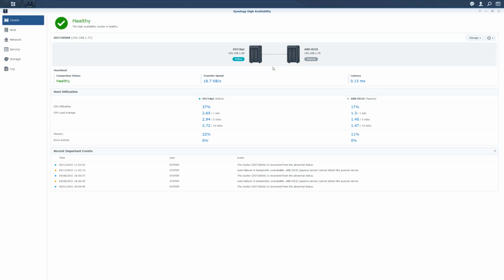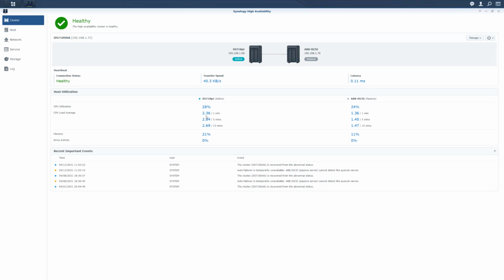Nice. And as you see here, it's available on a wide variety of models. So I have 2 bays that are running this just for the sake of this demo. This is an active passive setup. So I mentioned that before. You can see the relationship here. The one that's active on the left side, you can see, it's using more of its CPU. The load average is higher. The passive one is not doing much. All it's doing is receiving the data from the other one.